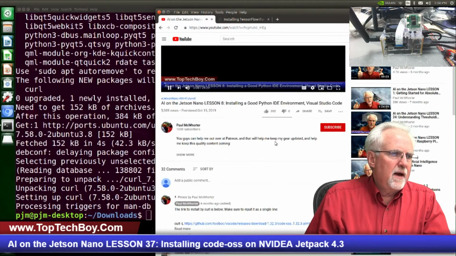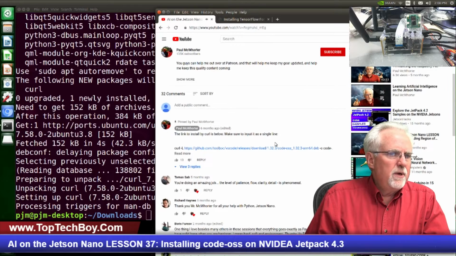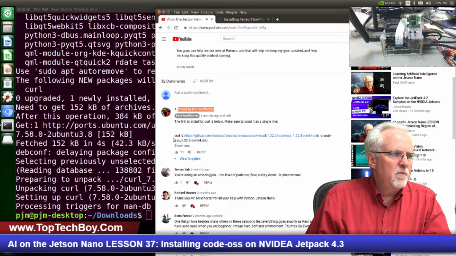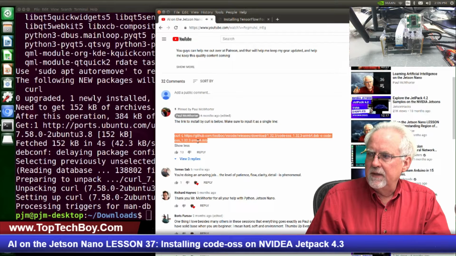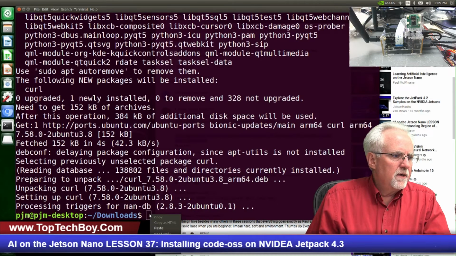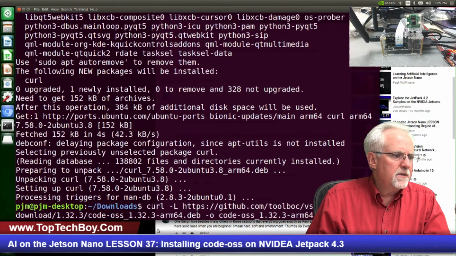Okay, so now I am on lesson number 8. And then we come down, and if we look at the first comment, I've got this comment pinned, the link to curl install my code-oss. You need to do the show more. It's curl -L, curl -L, and then that GitHub location, and then this whole command here. You see that whole thing is one command. So I'm going to copy it. I'm going to come over here, and then I'm going to curl install